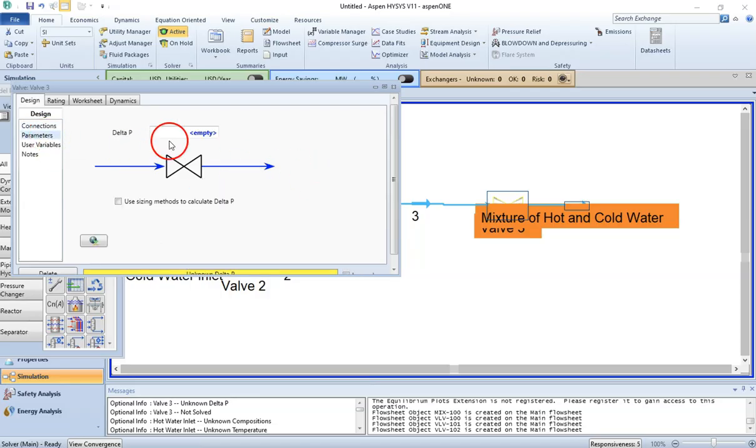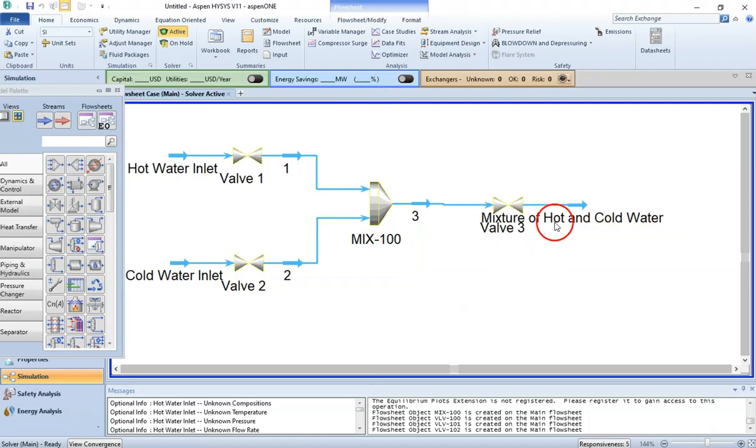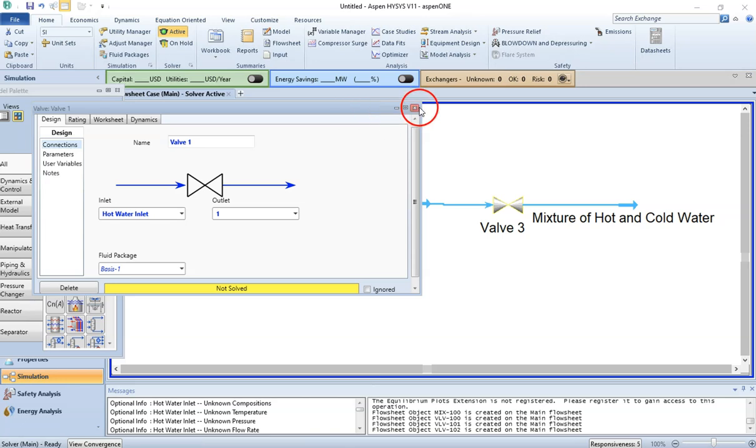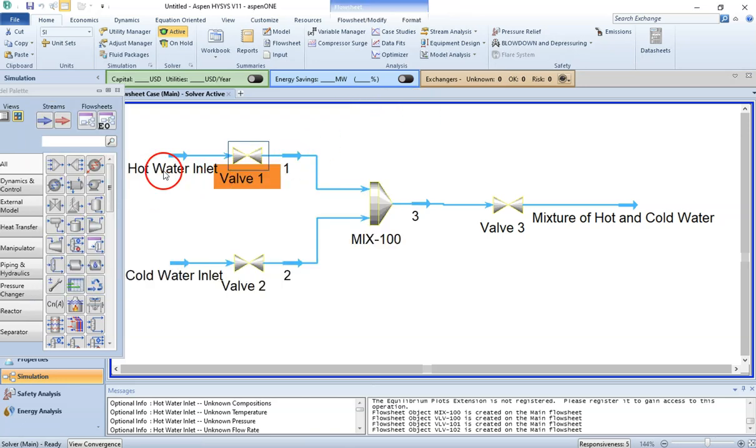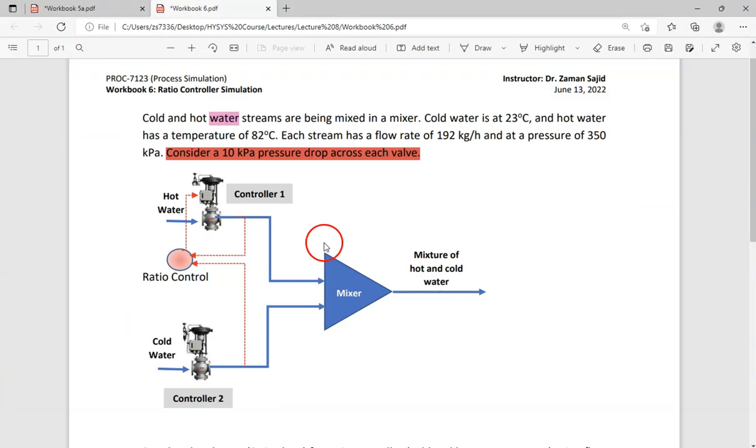And then I provide my drop-in pressure, which is 10 kilopascal. So far we are doing the same steps as we were doing in the last lecture when we were working on split range controller. So the next is we need to provide the properties for our streams. So let's go here. Now the hot water is at the temperature of 82 degrees Celsius, and each stream has